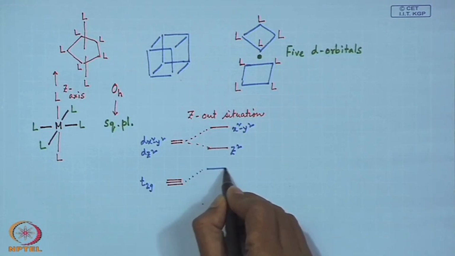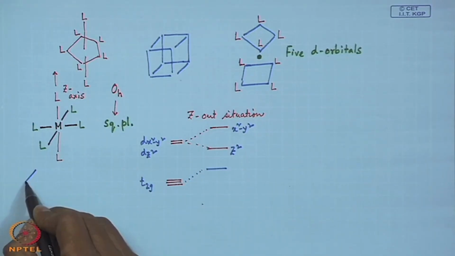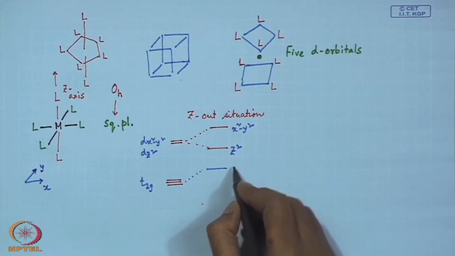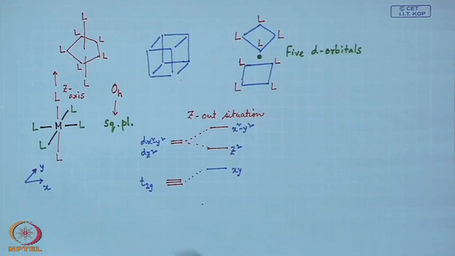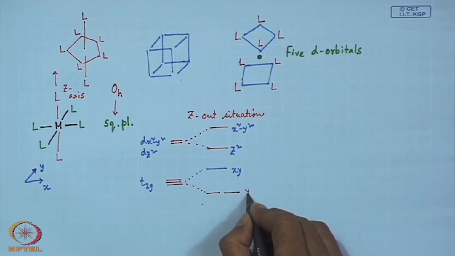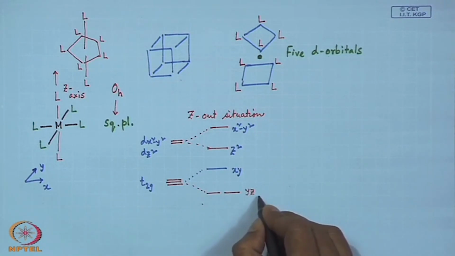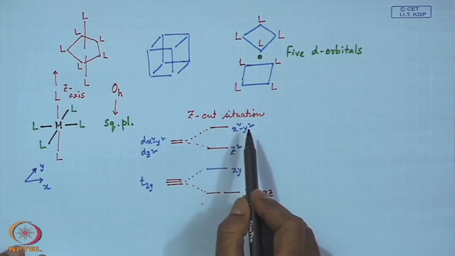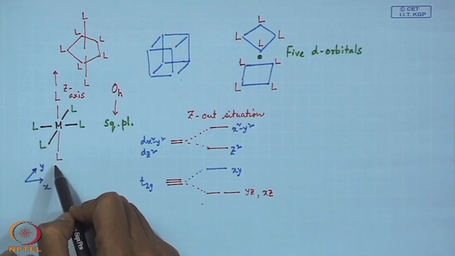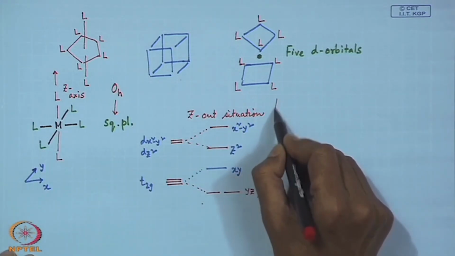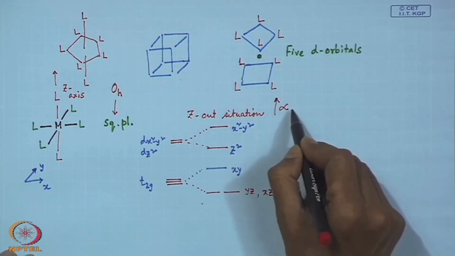That means, since it is in the XY plane, this particular plane is X and Y. So, the component which has both X and Y, that means the dxy, would be mostly destabilized with respect to the T2G, and the other two will be here, which are YZ and XZ. So, this is basically not the final situation, which is only the Z out situation, where we have ML distances longer compared to the other ML distances which are present in the xy plane. So, when the Z's are moved to some infinite distance,